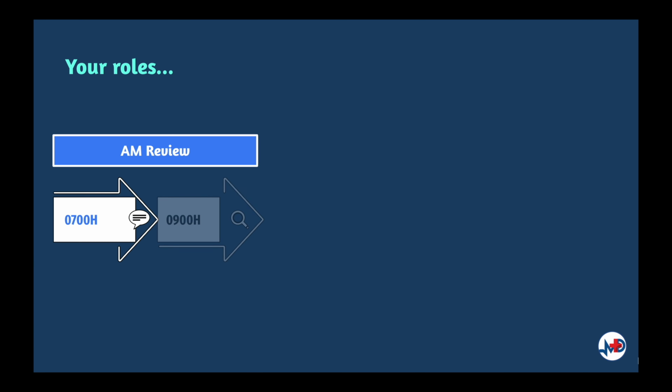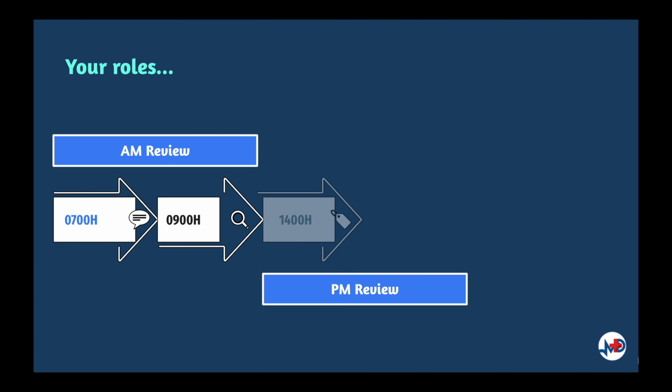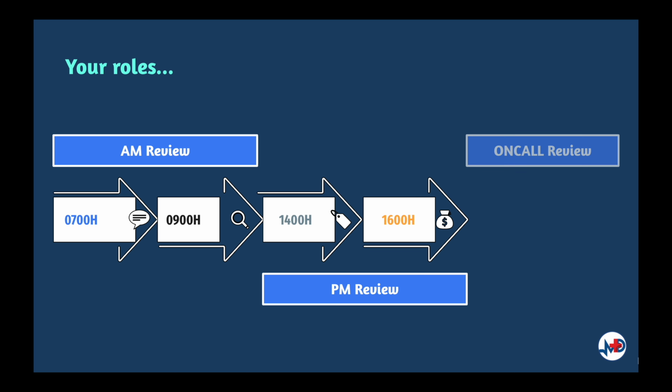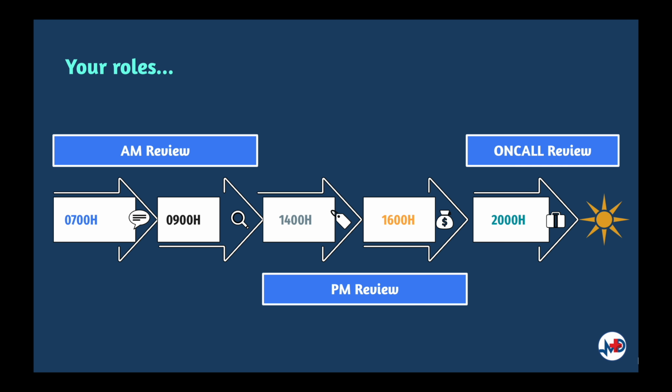Reviews are done usually 3 times a day by the house officer in charge unless an emergency sets in. AM review is done between 7 a.m. to 9 a.m., PM review is done between 2 p.m. to 4 p.m., and an on-call review is done between 8 p.m. to 12 a.m. Once you have done your reviews, present your review findings to your medical officer